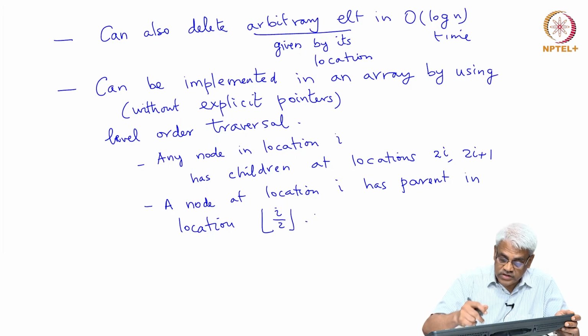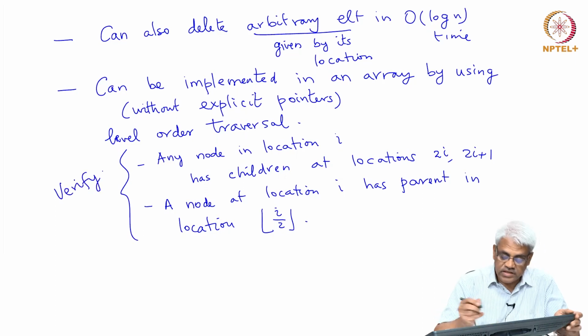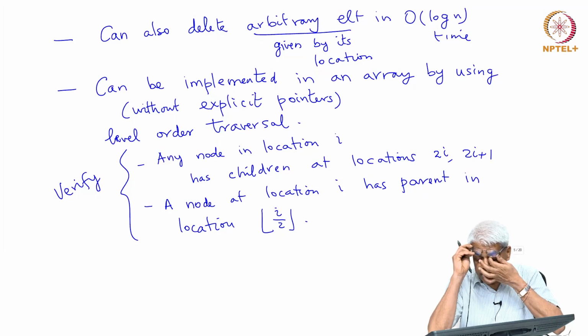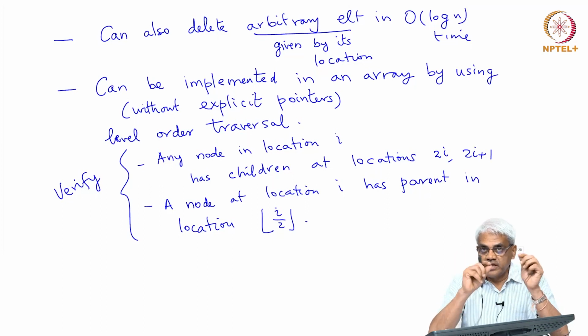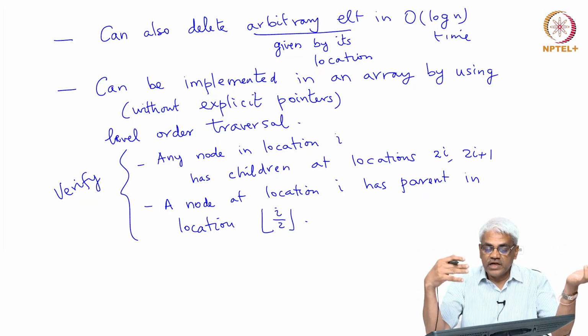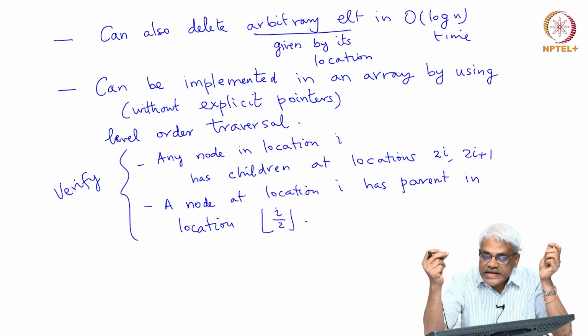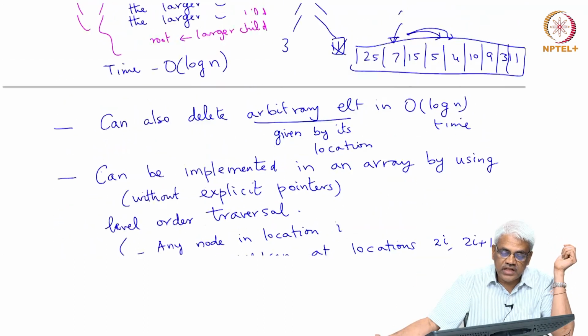Floor i by 2, because of the same reason. Okay, so I just verified this as an exercise. Please verify that if you have a complete binary tree and you take the nodes in level order, then the left child, right child, parent relationship can be inferred just by the index value, which means that this whole